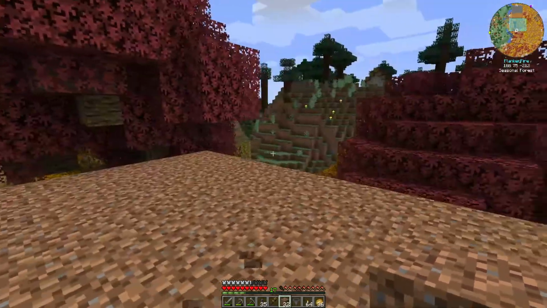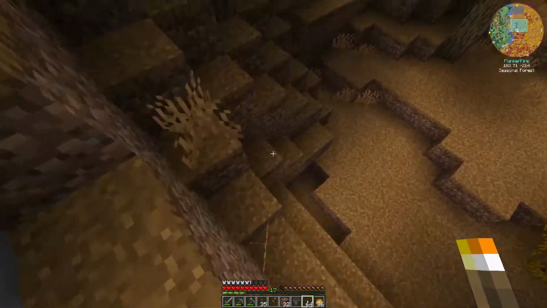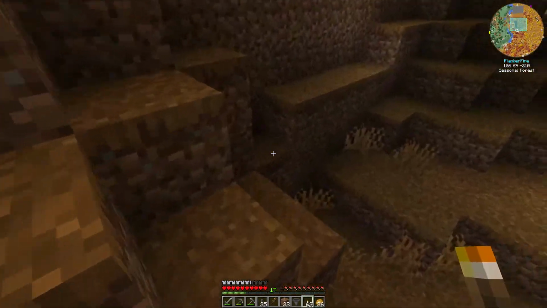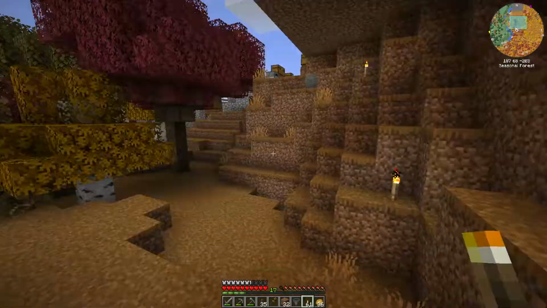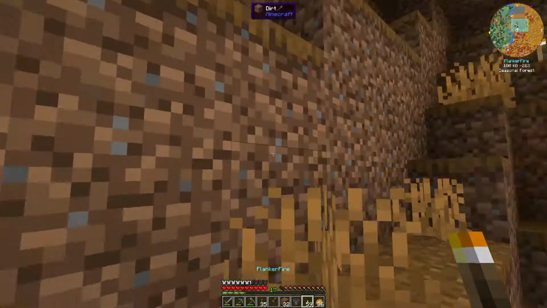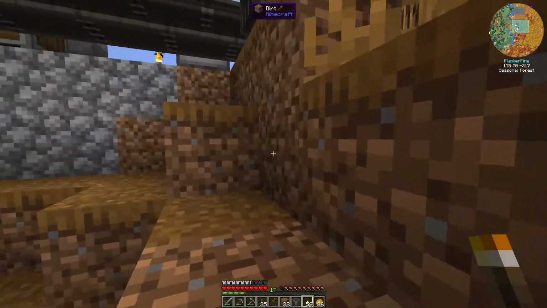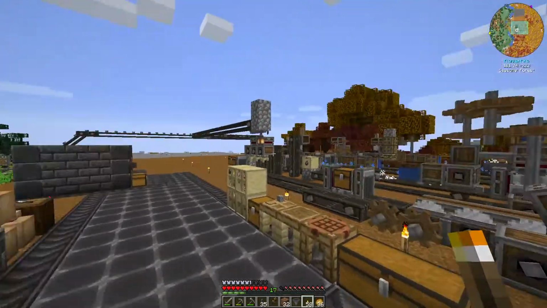All right, so we got our flat area here. I didn't light it up underneath, but let's go ahead and do that now. Let's just throw a couple torches down here so that we don't get any mobs spawning during the daytime. I don't think it would be dark enough anyhow for that, but better be safe than sorry, right? And hopefully we won't be visited by any